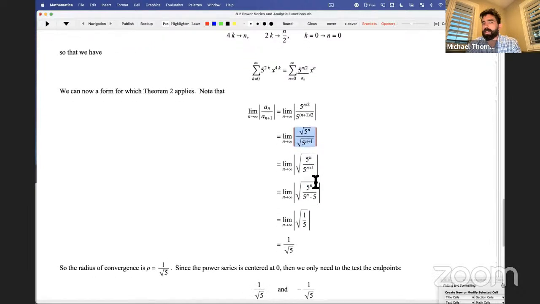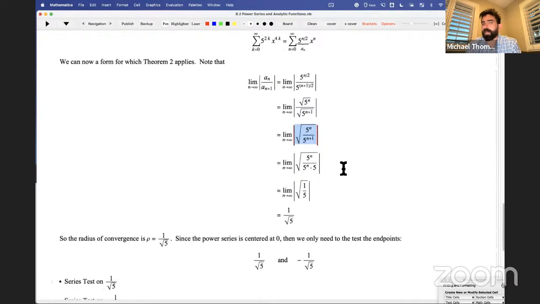All right, what's next? Well, we have a square root. We're taking a square root in the numerator and the denominator, so we can combine them like so. And then 5 to the n plus 1, that's the same thing as 5 to the n times 5, right? So I can cancel the 5 to the n's, and I'm just left with the square root of 5, which,